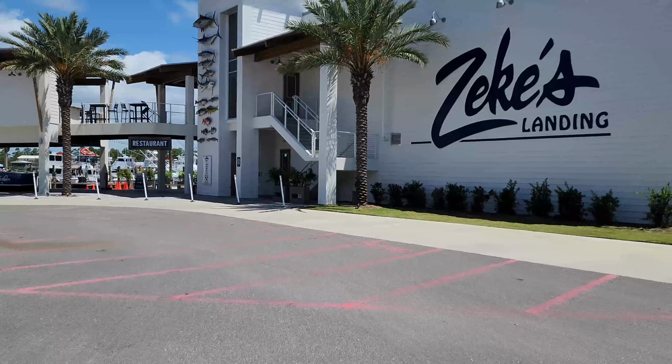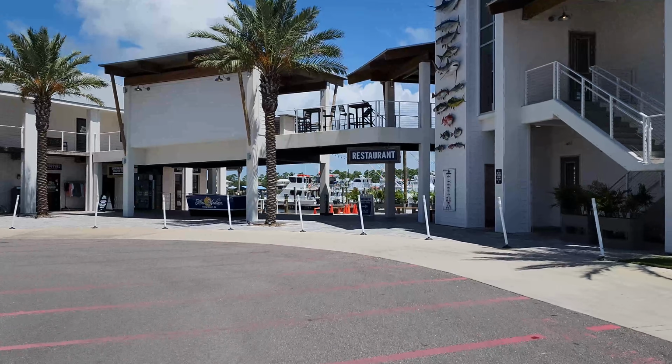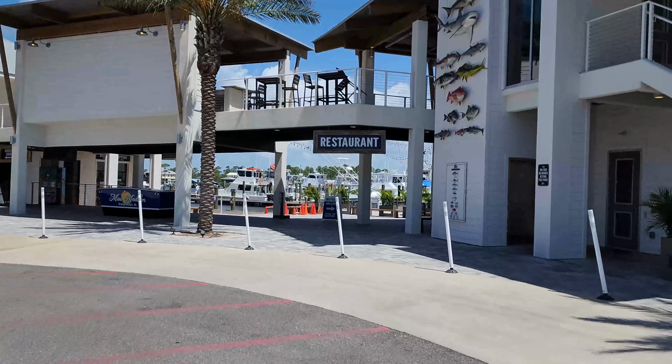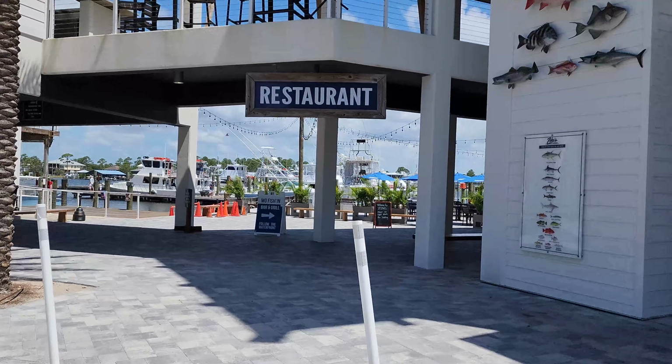So this is actually my first visit to Zeke's restaurant, and I have heard some good things about it, and I've also heard some inconsistent things about it, so we'll have to see how all that checks out once we get inside. Now they do have some wonderful decorations here on this side of the restaurant,